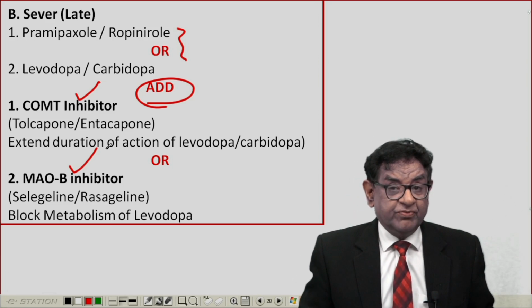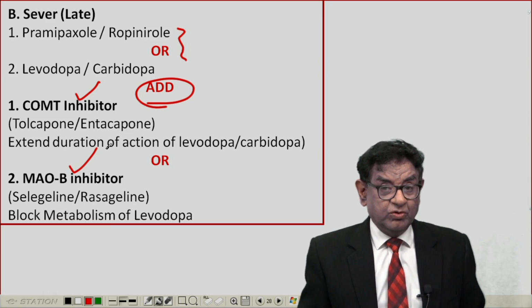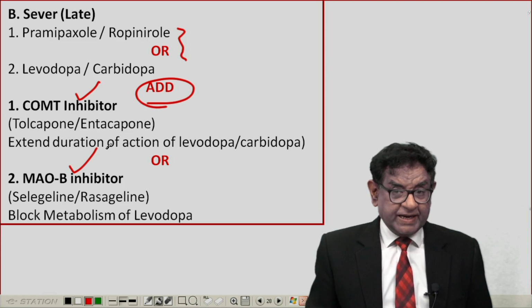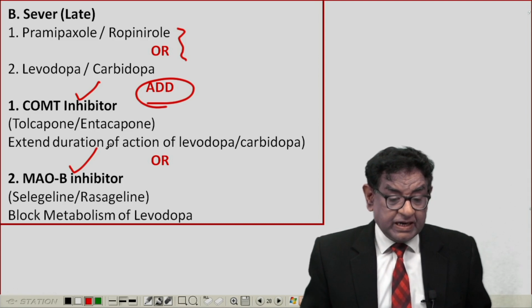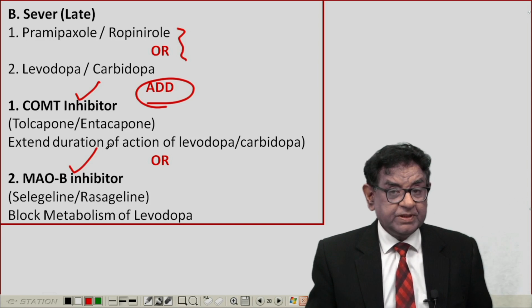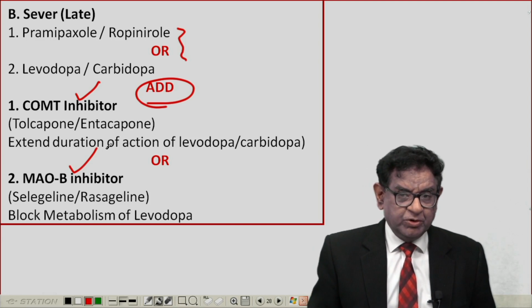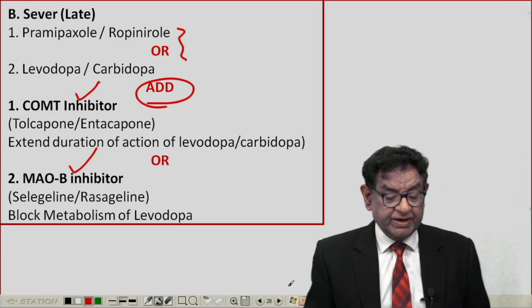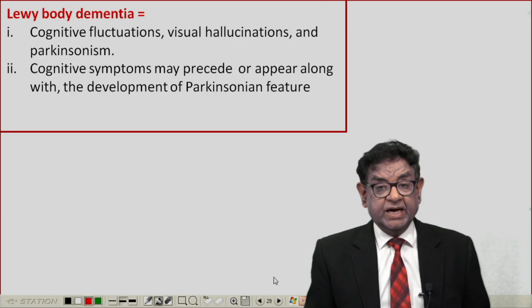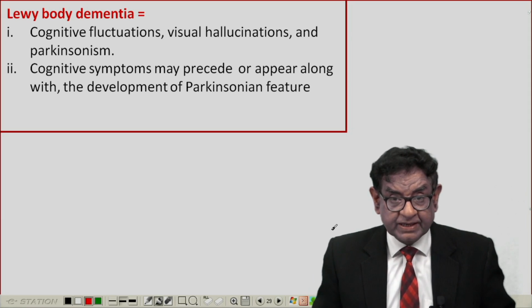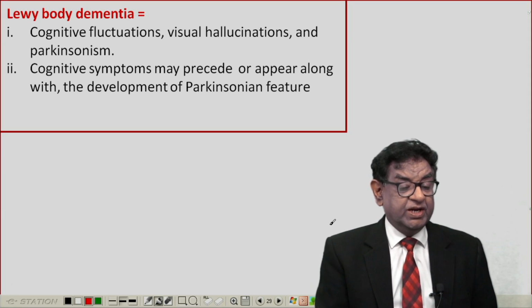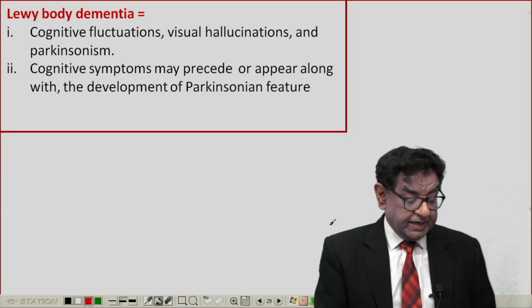Now as your pharmacology is very clear, I don't need to explain again why we use either of the two, because they are going to reduce the breakdown of dopamine and ultimately extend the duration of action of levodopa. Now let's talk about one more thing related to Parkinson, which is Lewy body dementia,